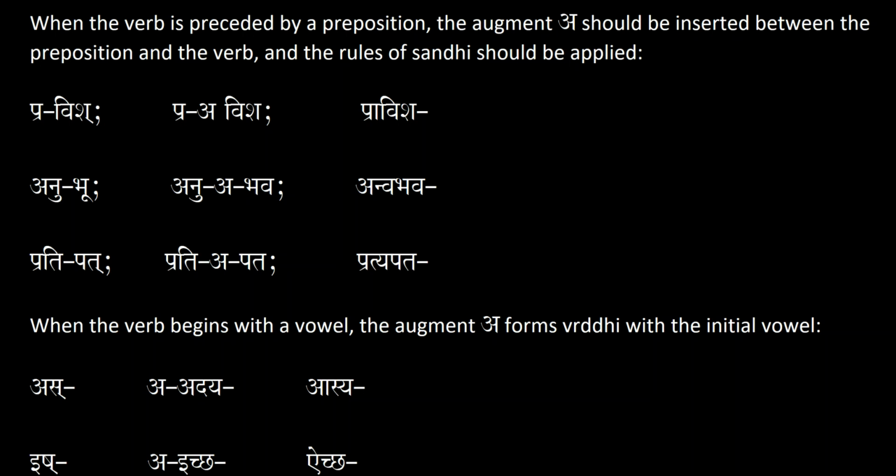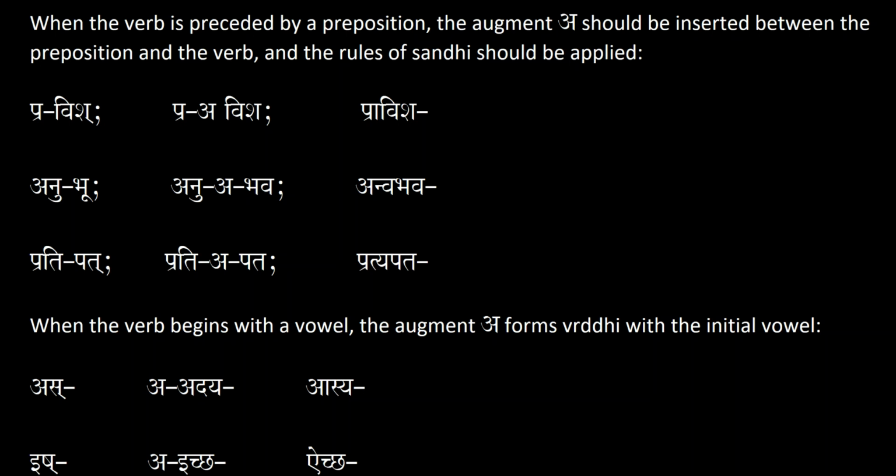In the previous lesson, we went over two examples on how to conjugate verbs in the imperfect tense, one for Atmanepadi and the other one for Parasmaipadi, active and middle voice. Now, in this lesson, we're going to talk about verbs that are preceded by a preposition